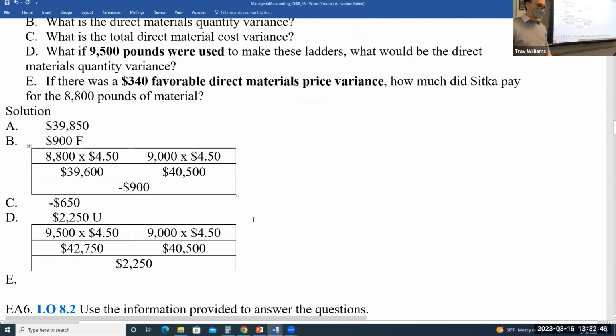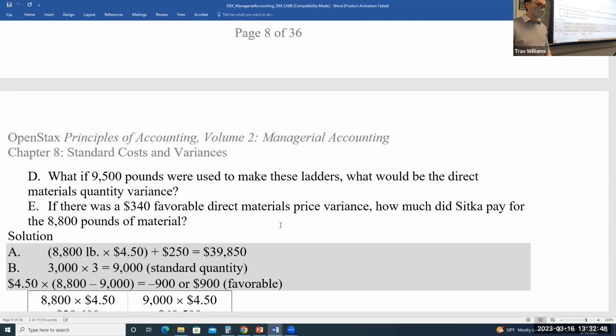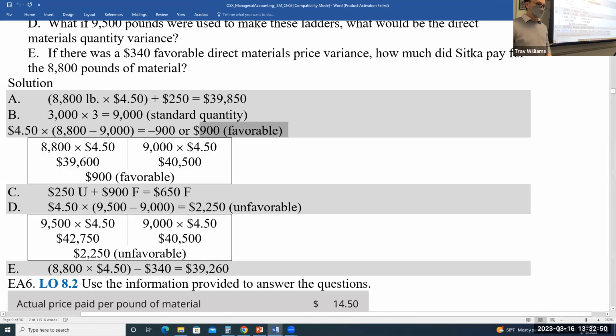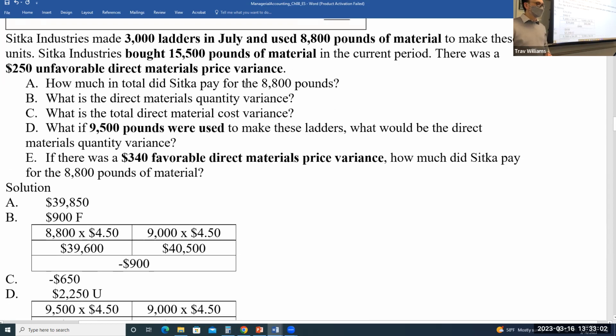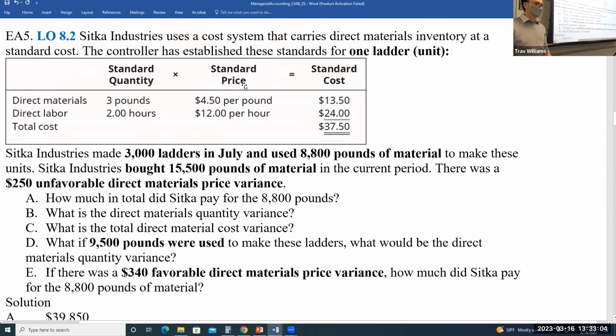So I'll check and make sure that's right. 39,260 is right. Okay. We could have used one of those tables on that one as well, but we spent enough time on this exercise. So just to review what we just did,